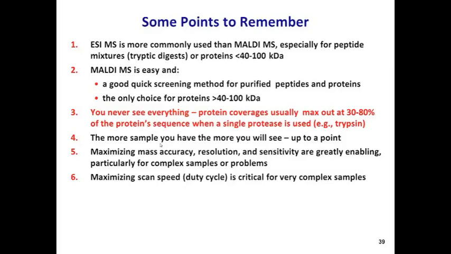A key point to keep in mind is you never see everything. Protein coverage usually maxes out at 30 to 80% of the protein sequence. When using a single protease, one can expand this frequently by using 2 different proteases in separate digests and separate MS/MS analyses. Up to a point, the more sample you have, the more you will see, and if it's a complex sample, the more you fractionate, the more you will see. Maximizing mass accuracy, resolution, sensitivity, and speed are important parameters. Speed is particularly important for very complex